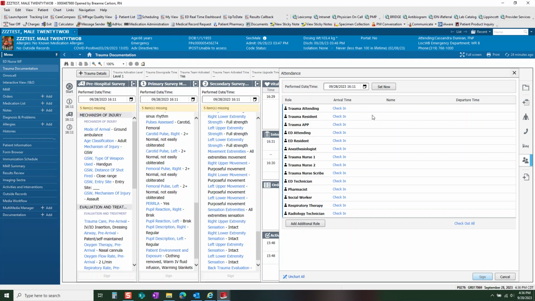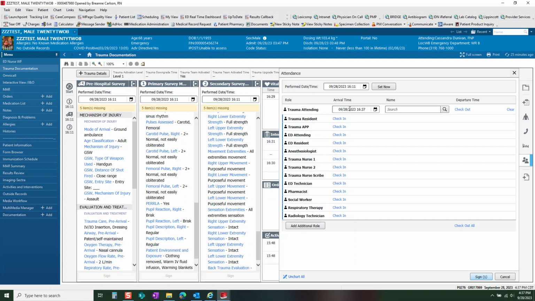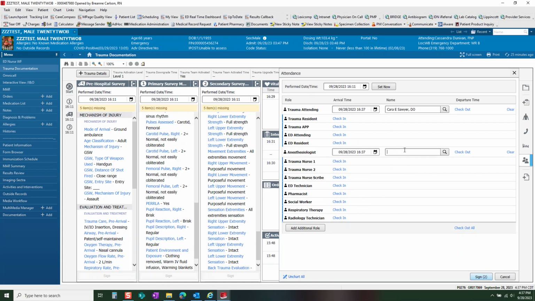I've been told it doesn't really make a difference where we click, whether we're clicking the attending or the resident. Either way, we know that this was the trauma physician and this is when they checked in. So we're going to say Dr. Sawyer, and this is when she arrived, and the anesthesiologist,